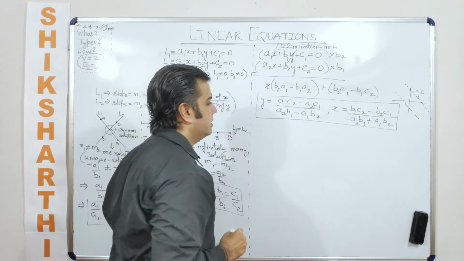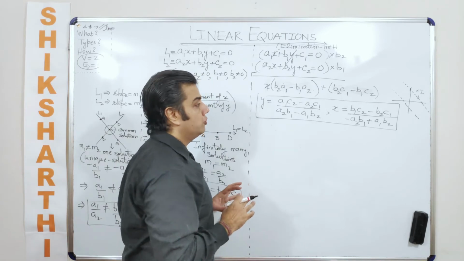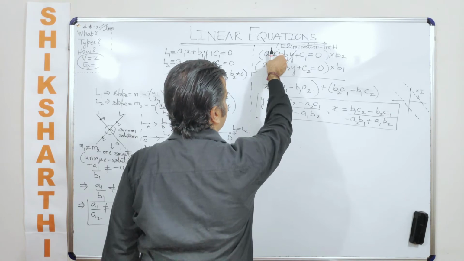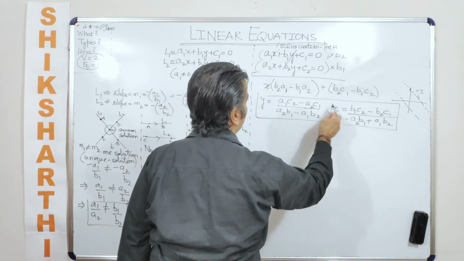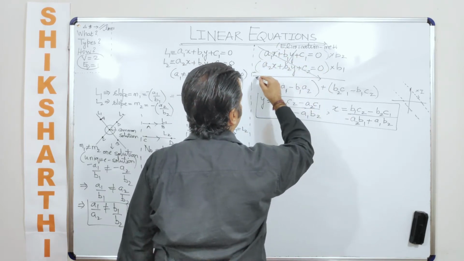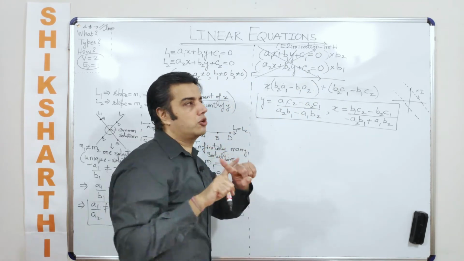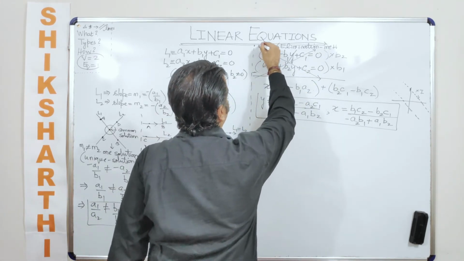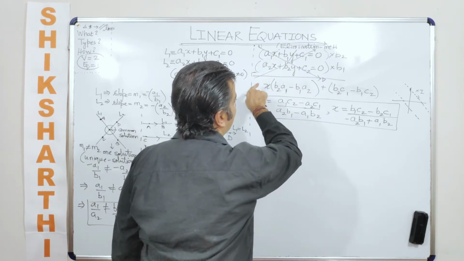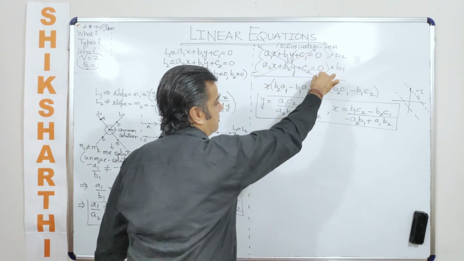Now once you have already worked this out, it becomes easier for you to understand something. When I am taking the coefficient of x, let's say I want to find out the value of x, please remember to go like this. Let's say this is a sign, you are using the method of cross. Cross means you are coming from up to down. Now when you are coming from up to down, what am I suggesting here? I am suggesting here is B1 C2. You come from up to down, which is B1 C2.